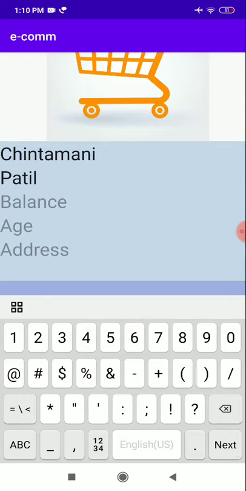For illustration purposes, I have made the balance to be entered by the user.